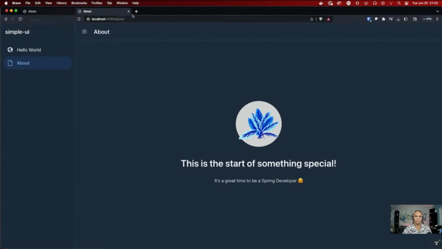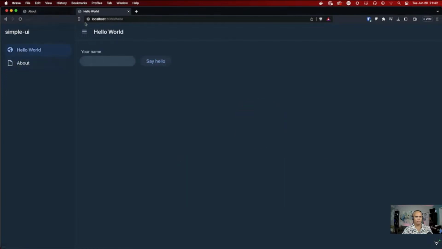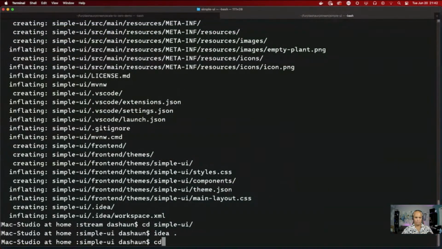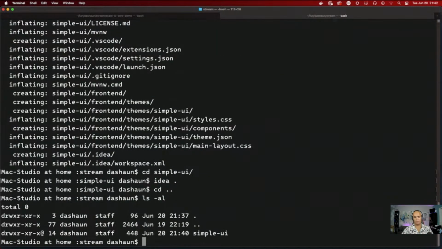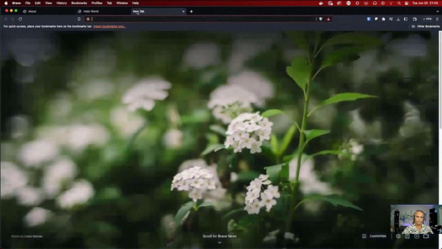Now I want to get into something a little different. Front end is usually talking about back end. This hello world is just local, but I want to build a back end. So let's go do that. This time we are going to use the Spring CLI. Let me show that. I'm using